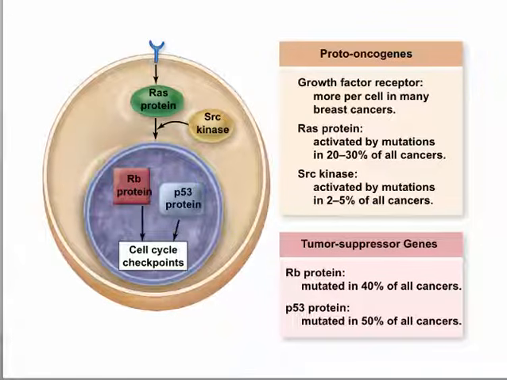So just to compare proto-oncogenes and tumor suppressor genes, proto-oncogenes are usually related to growth, such as the growth factor receptor, or the RAS protein, or proteins that are involved in the signal transduction from the receptor protein to the nucleus of the cell, telling the cell to start dividing and start producing kinases for cell division. Tumor suppressor genes do the opposite. They check for the integrity of DNA and they check that the cell is at the right time to divide. And if it's not, then they will put the brakes on and they will stop cell division.